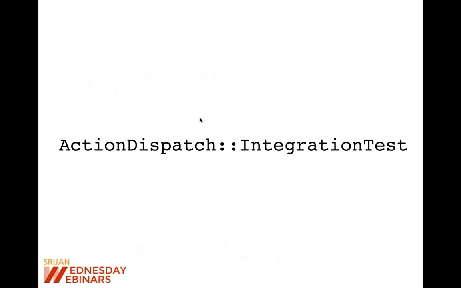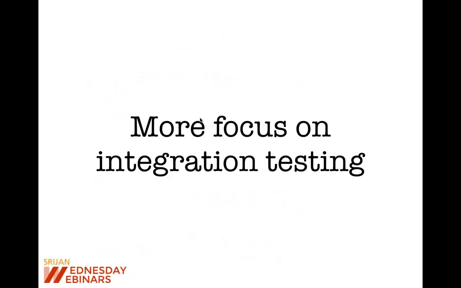So a new Rails app will not generate them, it will directly generate the integration tests. Now why was this done? This was done because in Rails 5 the focus has switched more to integration testing than testing the internals of a controller, or actually writing controller tests.